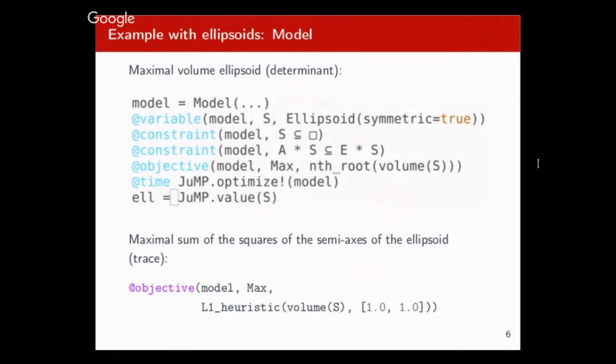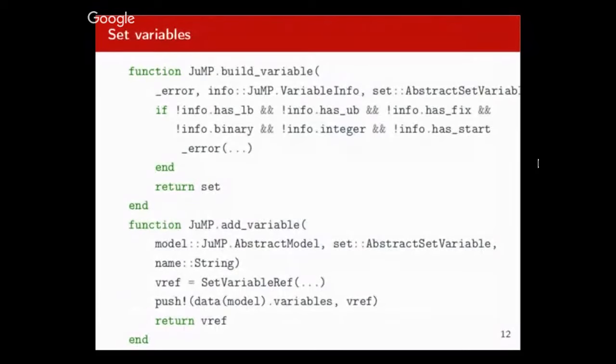So we just remember that, okay, this is an ellipsoid. So we have a set variable reference, which is like a variable reference, but for sets. And we return that. And then we keep internally a list. So the JuMP model has a dictionary of extensions where you can stuff information that you're an extension and that you need later. And so when the user calls optimize, only then we will actually create everything, because then we will have